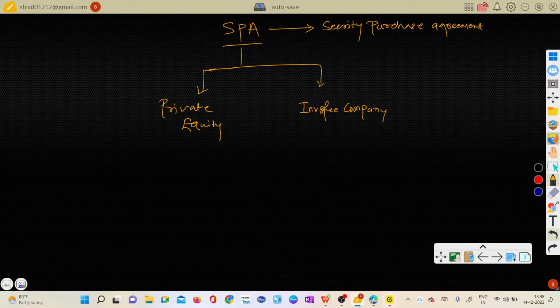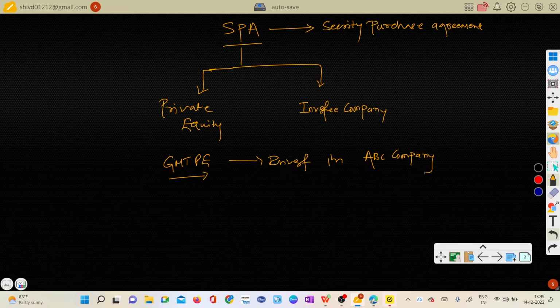So it means if a private equity fund, let's say if I take the example of GMT PE fund, wants to invest in, let's say, ABC company, then that investment procedure will be done through the security purchase agreement,